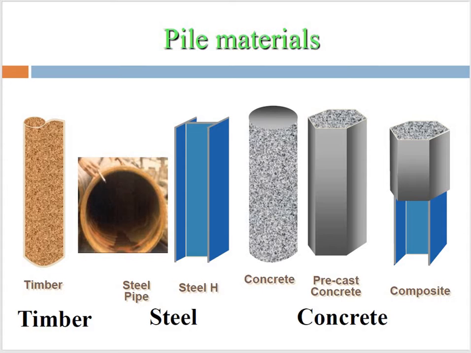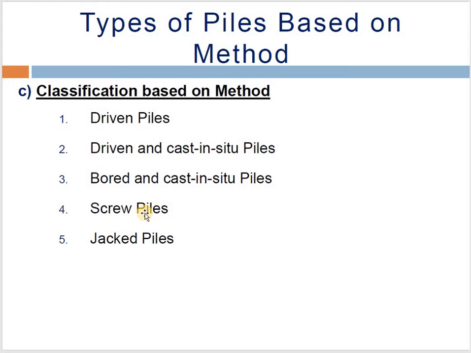Then the concrete pile, and comes the precast concrete. Then finally the composite piles. In composite piles, what you actually do is you encase the steel. One type of pile is where you encase the steel H pile with concrete from the outside, or you can fill the steel tube, the steel pipe, with concrete. Then it becomes a composite pile. That is a composition of two different materials, here steel and concrete. Also, you can say even the normal reinforced concrete piles where we install the caging in the concrete is also a composite pile because it has concrete as well as steel reinforcement.